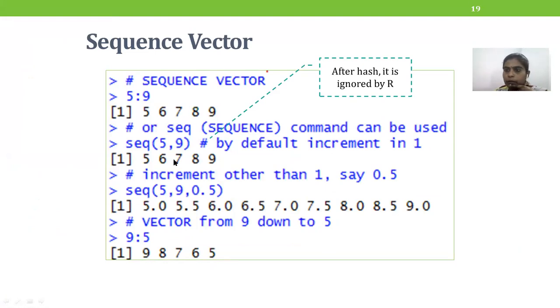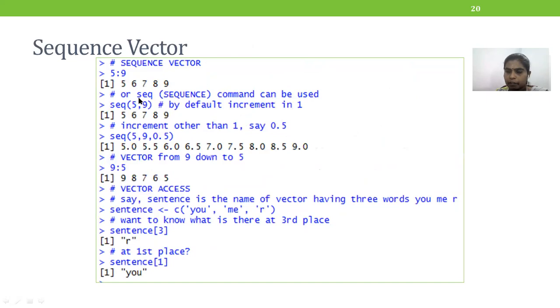Now let's go into the colon operator. What we said about colon is that it is nothing but the sequence operator. When I'm using the colon operator, I should specify the starting value of the sequence and also the ending value of the sequence. The command given here is 5:9. A sequence is generated starting with 5 and ending with 9, incremented by 1: 5, 6, 7, 8, 9, right? So try giving 5:9.